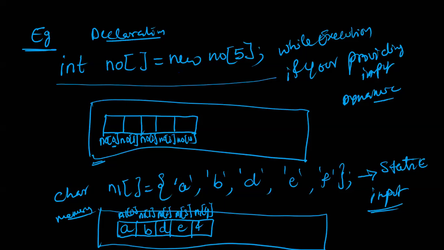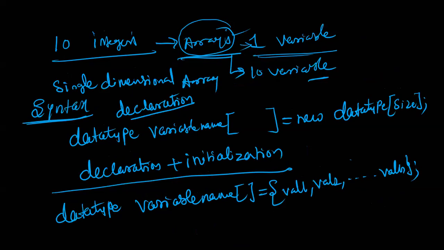These points are very important. Remember, this is the data type, the syntax, and how to declare. If you want declaration plus initialization in the program only, this is the format. And keep in mind, it is only a single dimensional array. Later we will see types of arrays, and at that time multi-dimensional will come.